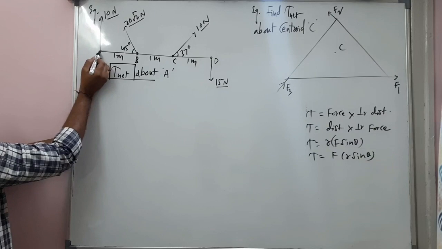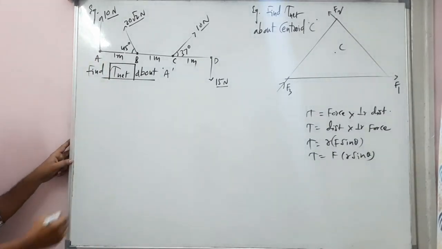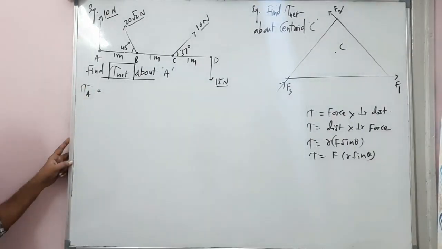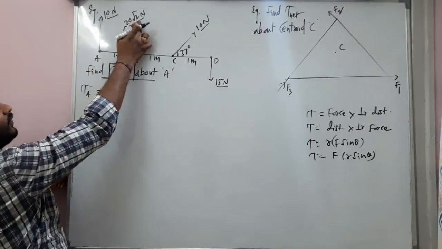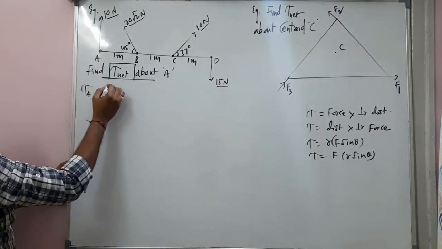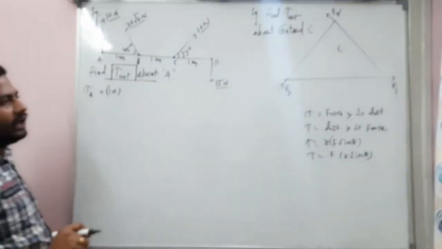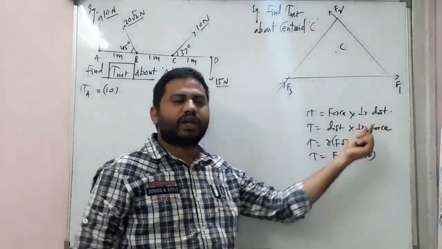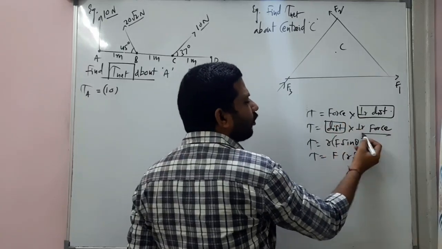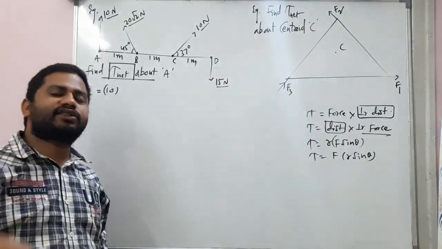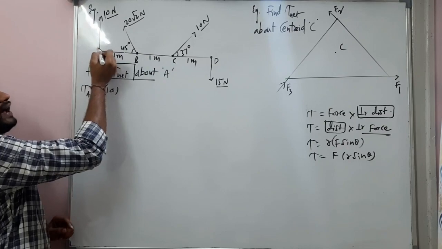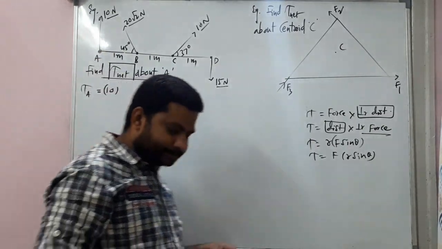At point A, the torque, carefully see. Torque at point A, we are not going for the net one. Individual torques due to this force, this force, this force, this force. Torque at point A due to this force is force into perpendicular distance from the axis of rotation. Look here: force into perpendicular distance or distance into perpendicular force. Always that is from the axis of rotation. The point where the force is acting, on the axis of rotation, we discussed in the last class.